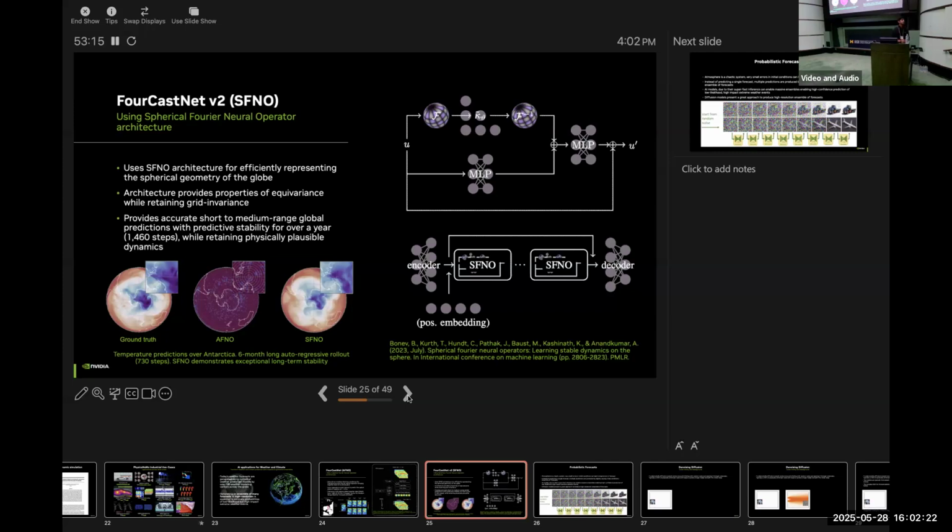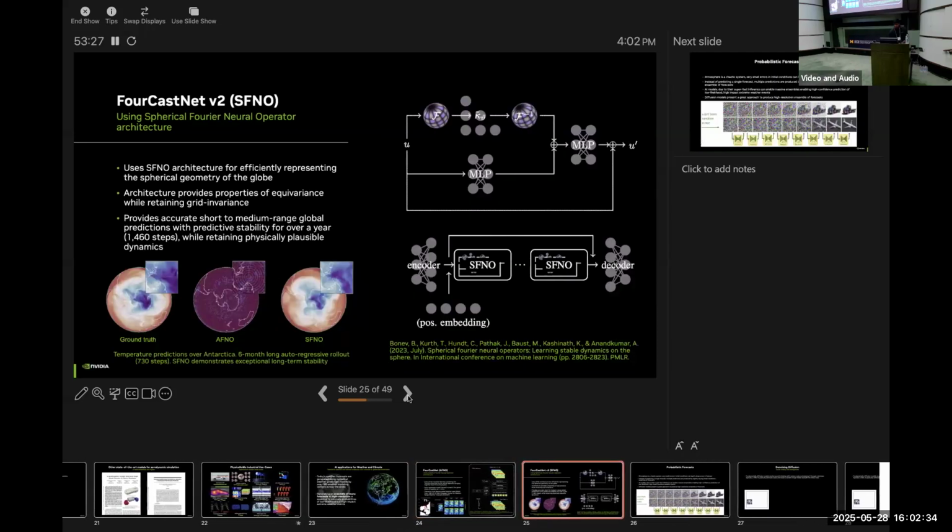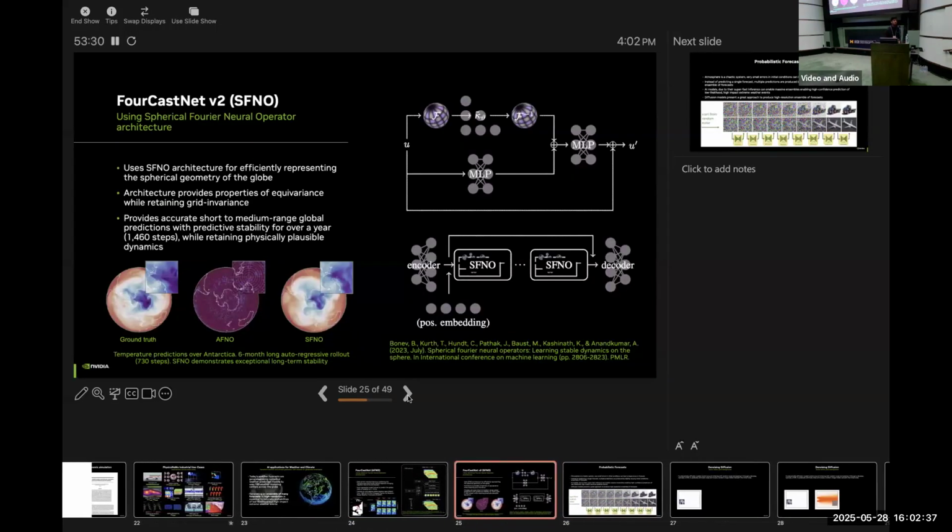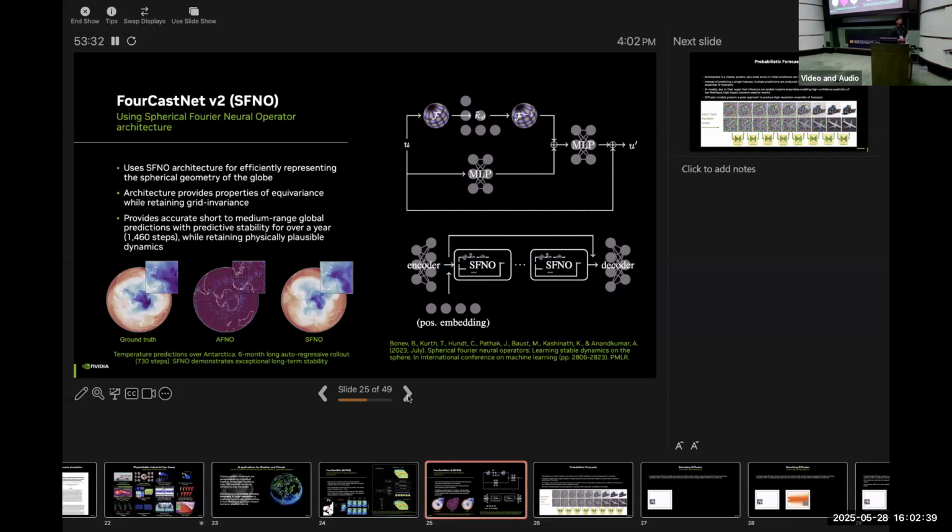But I guess, does it get the probabilistic metrics right, if that makes sense? Yes, we do evaluate some of these things. I'm not sure if I mentioned that here, but we evaluate on metrics like CRPS, the continuous ranked probability score, and ACC. These measures are typically found in atmospheric and weather sciences, and they evaluate how well the predictions are doing in a probabilistic sense.